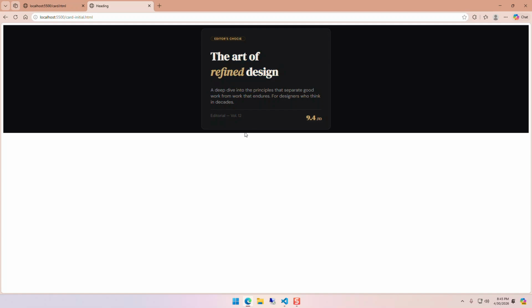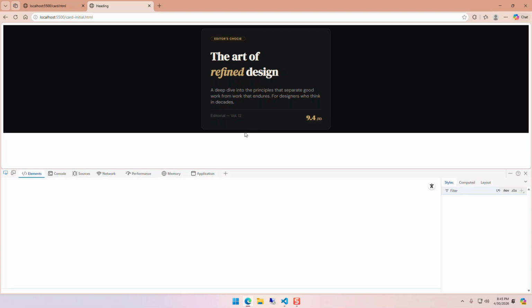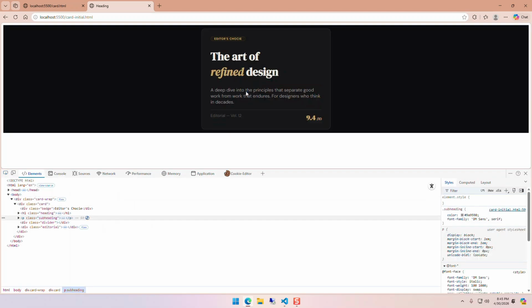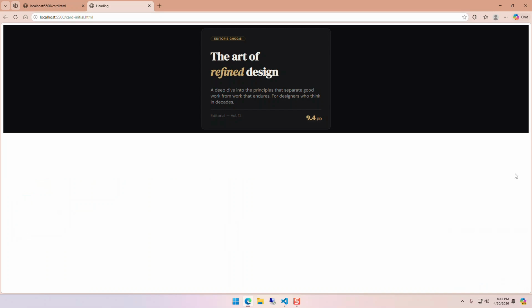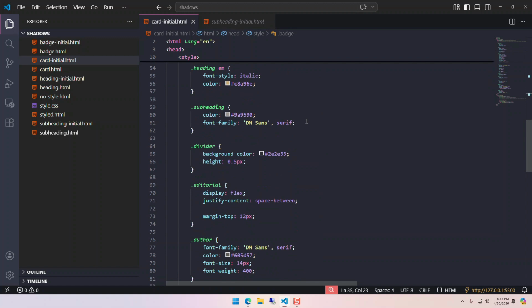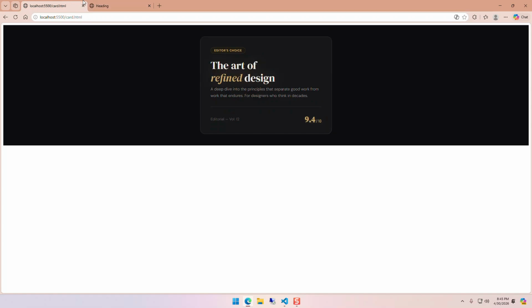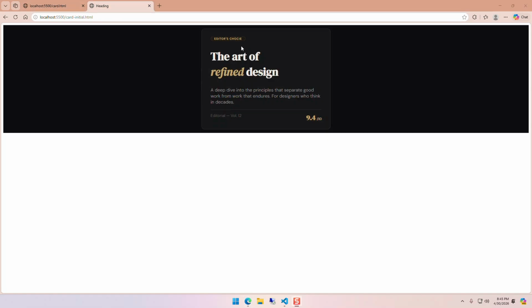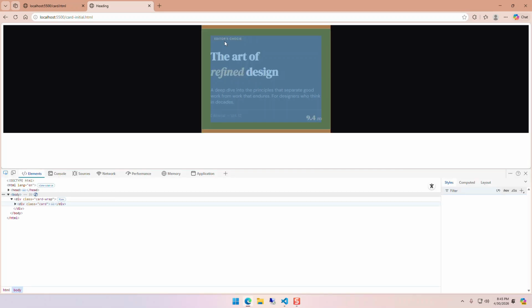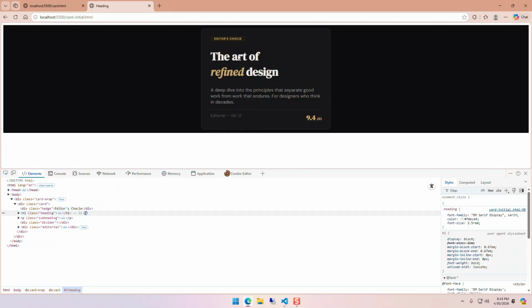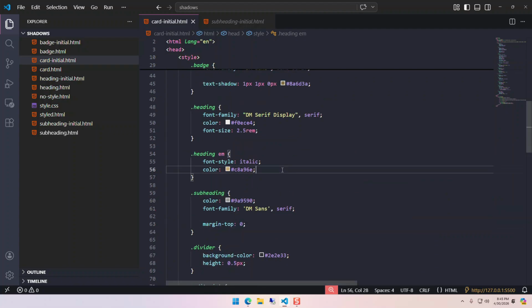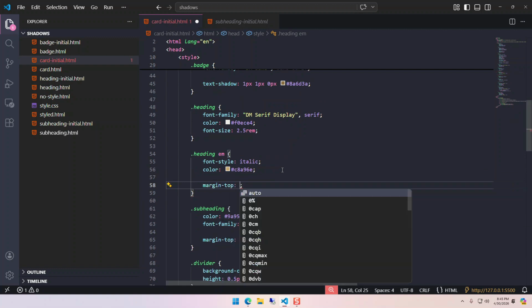We are going to remove this spacing. So in order to debug this space in CSS, I'm just going to use a technique. Don't worry, all those techniques are part of further lessons, and we can note this orange text here that I want to remove. So in order to remove that, I'm going to go back to this subheading, add margin-top 0. There we go. It's much nicer now. We also want to remove the space below the dash and then add some above it. So we are going to follow a similar technique. I'm going to go to that heading, margin-top 0, save,